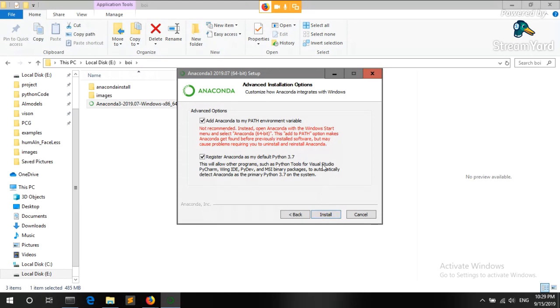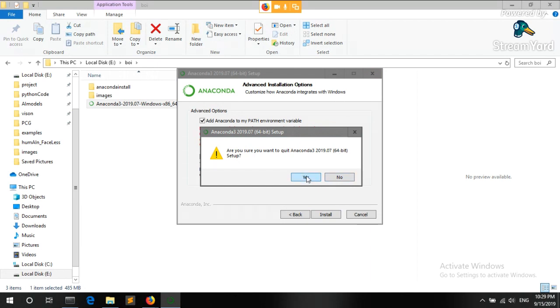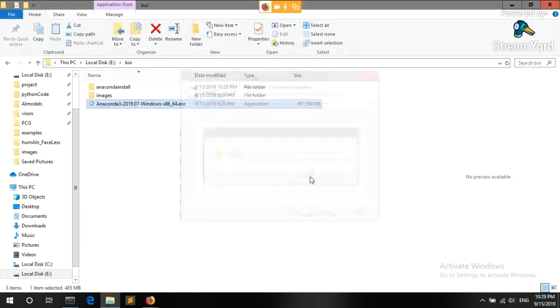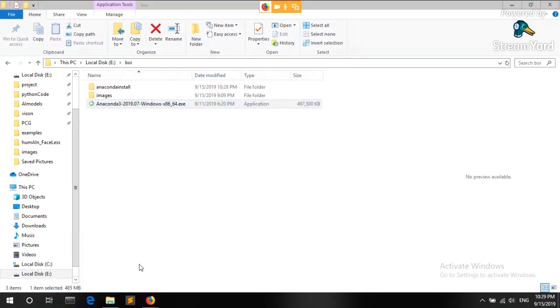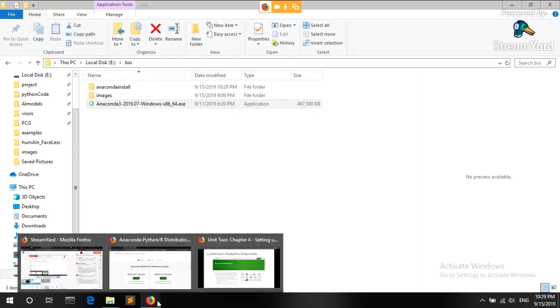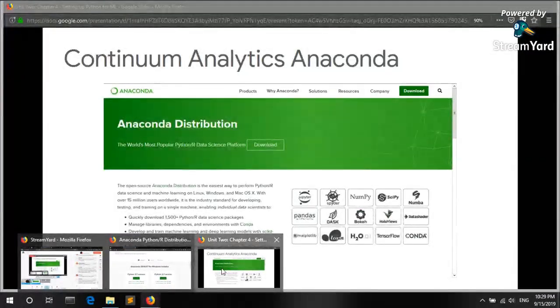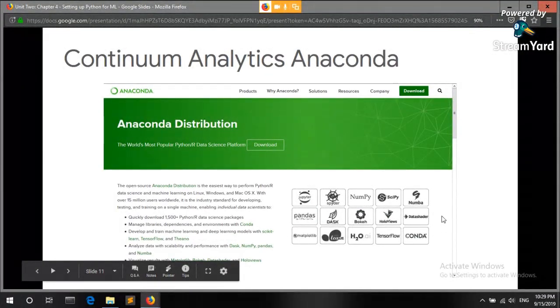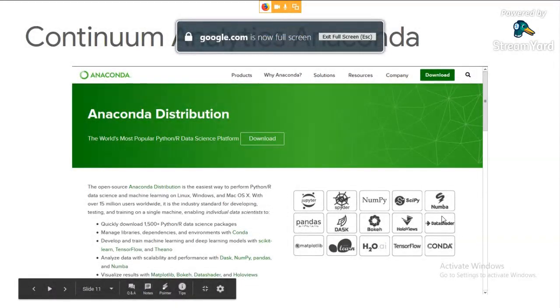It will take some time to install. Since I already have it installed in my system, I won't be installing this. You can install and then play around with the installation. Okay, so once installed in your system,